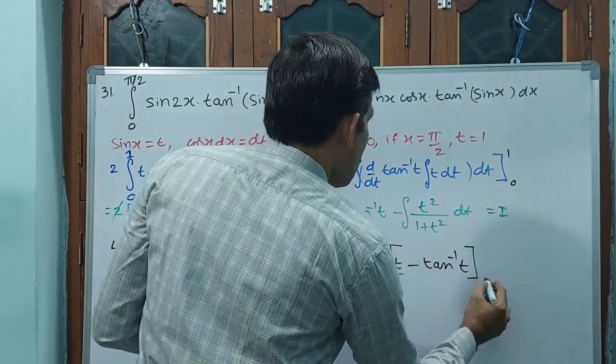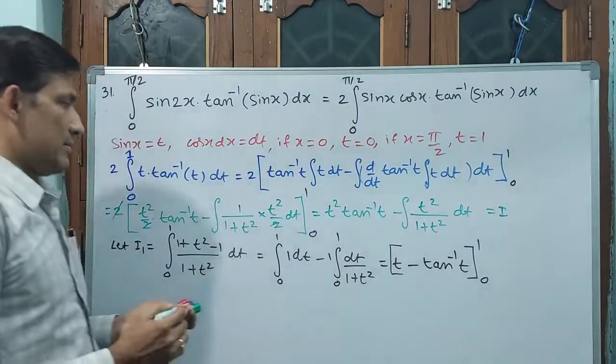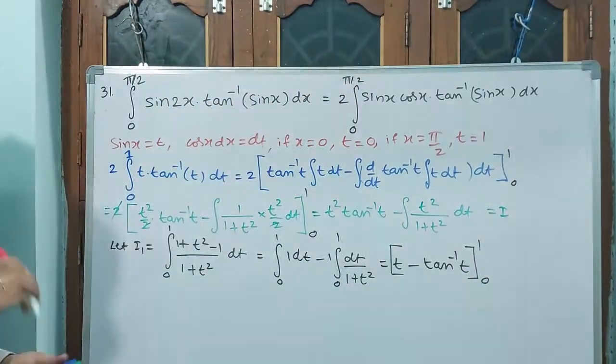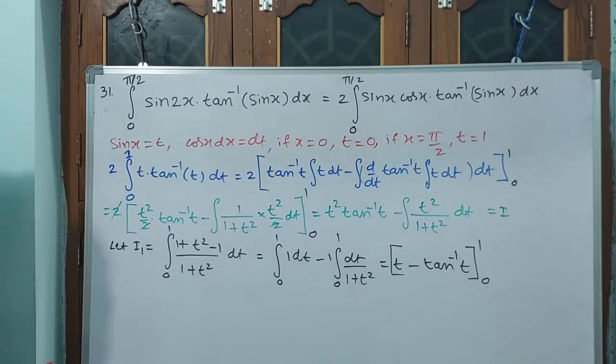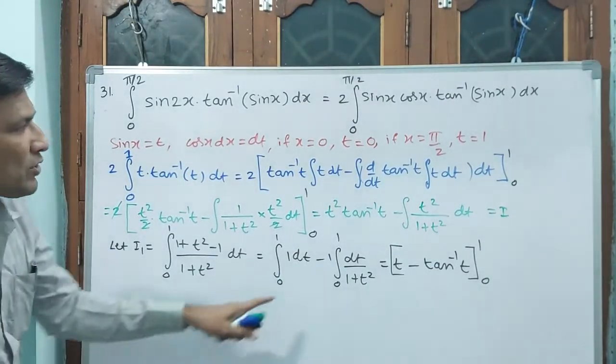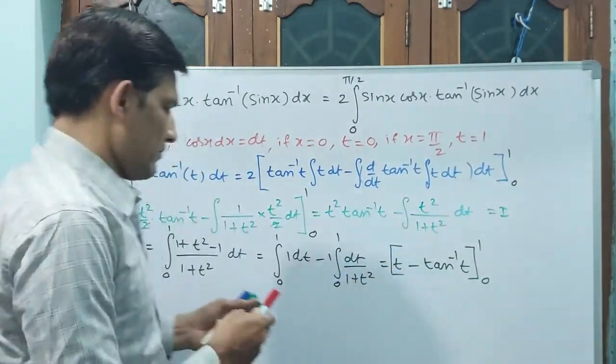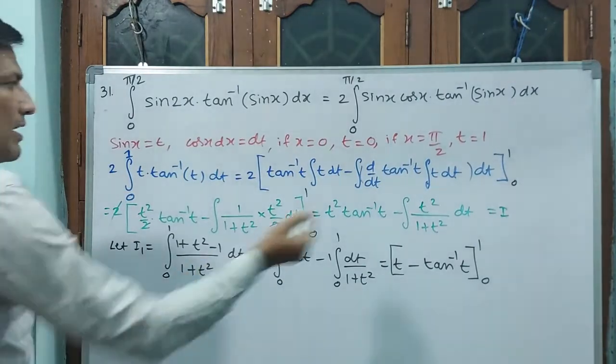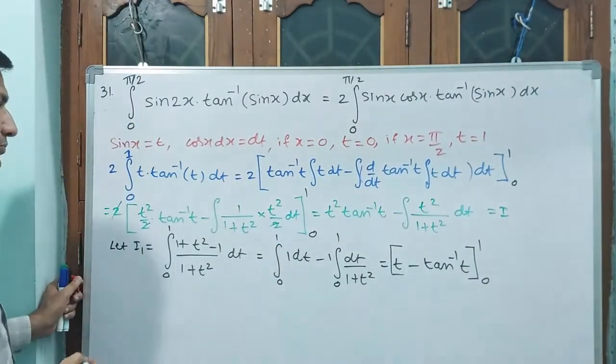Okay? But the limits are 0 to 1. Why? Because the limits have been changed. Now you see, don't apply the limit yet. First of all, this I1, you substitute in I. Okay, write down. I is equal to